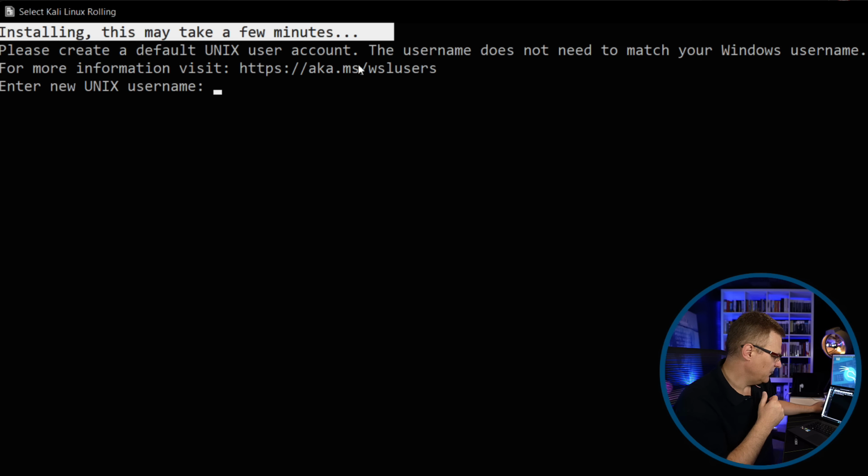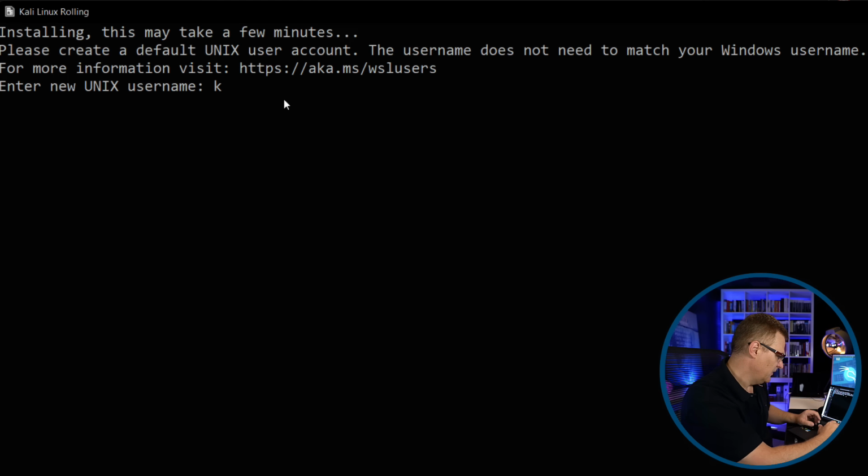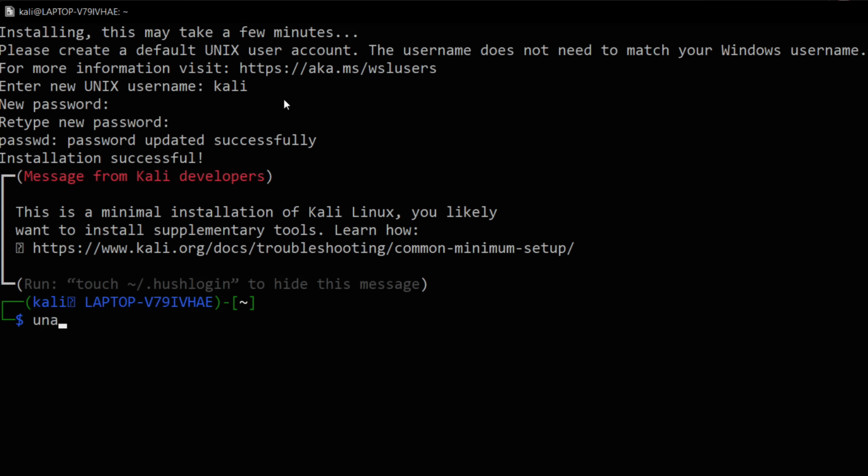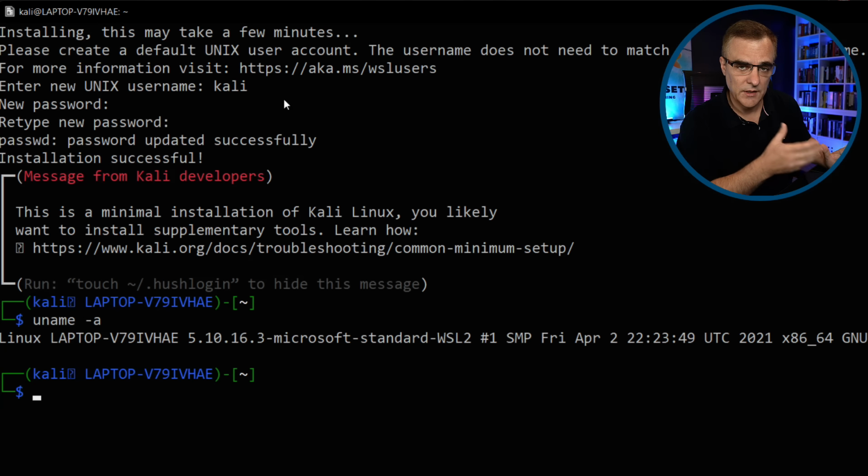We can see that it's been installed. We ask for a username. So I'll just use the same username that you get with the OVA. So Kali. There we go, we were installed. So uname -a. We can see that Kali Linux is installed within WSL on a Windows 11 laptop, but now we want